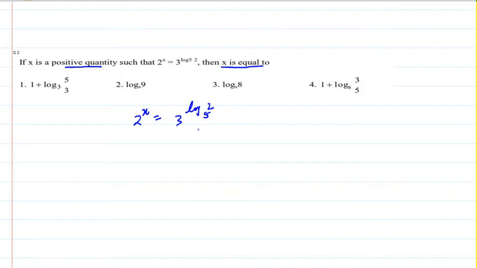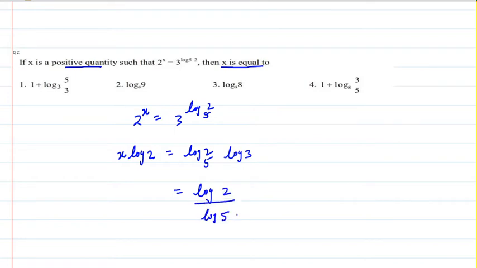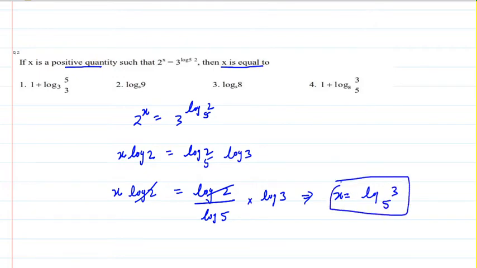So what I understand here is I should perform logs on both sides. I should apply logs on both sides. So if I do that, I will have x log 2 is equal to log 2 base 5 log 3. Now when you have log of a number and base, that is basically division between two logarithms. That tells me I can cancel log 2. So what I get here is x is equal to log of 3 base 5. This should be my answer.